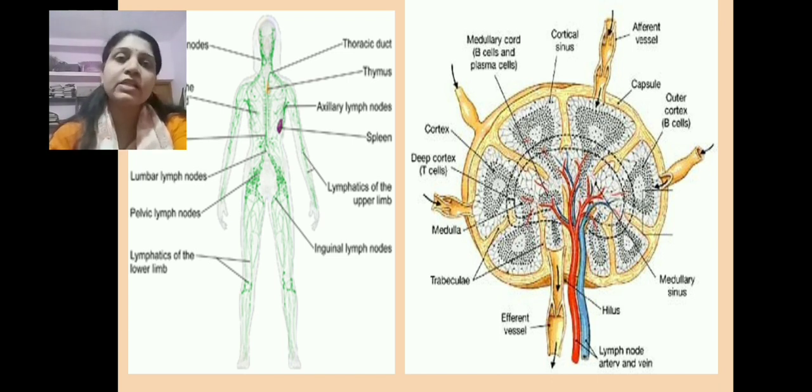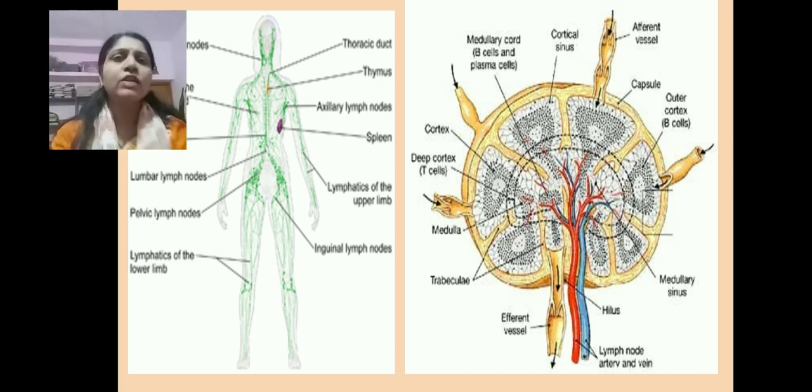Now these dendritic cells or macrophage cells present within this region are responsible for presenting the antigen to the T lymphocytic cells, as they carry surface markers on their surfaces, that is the MHC class I and MHC class II molecules, which present the antigen to the T lymphocytic cells.